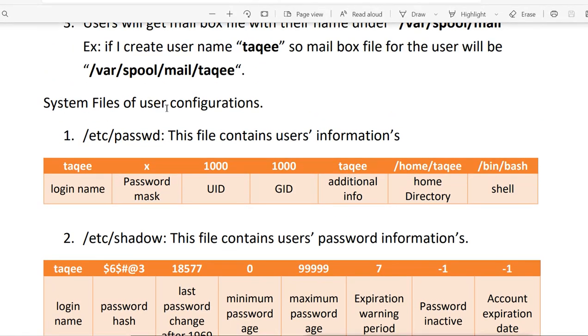Now first, under etc, we have the passwd file. This file contains the user's information, all the information related to the users. For example, first you will see the login name, then the password mask, which looks like an x, then you will see the UID of that user,